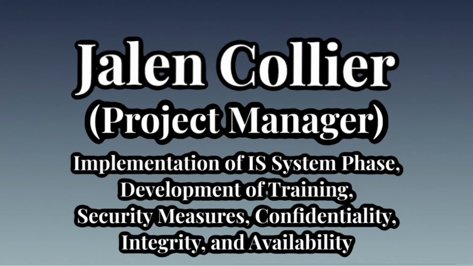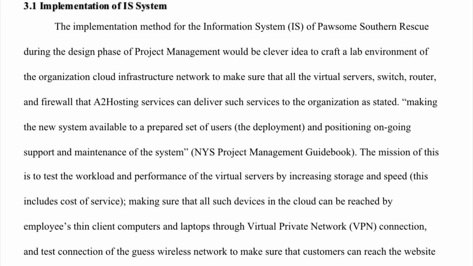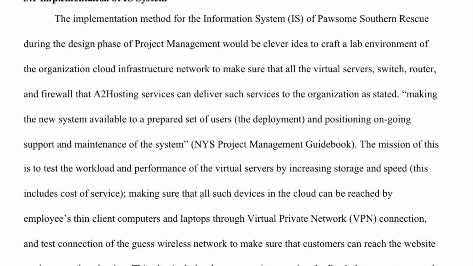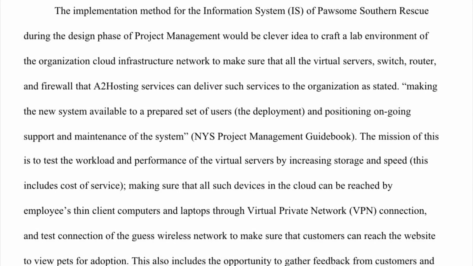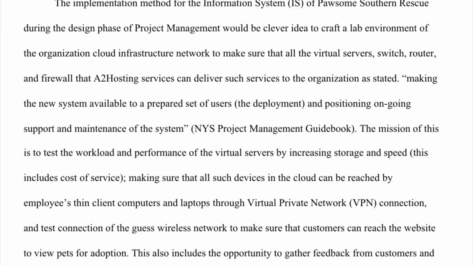Hello, my name is Jalen Collier, and today I will be discussing the very first part of our implementation of IS systems phase of our Possum Southern Rescue site. Throughout the implementation phase, we plan to use this as an opportunity to create a lab environment that will ensure all servers, switches, routers, and firewalls that will be provided by A2 Hosting can deliver such services that the organization